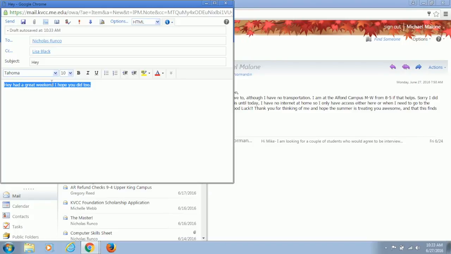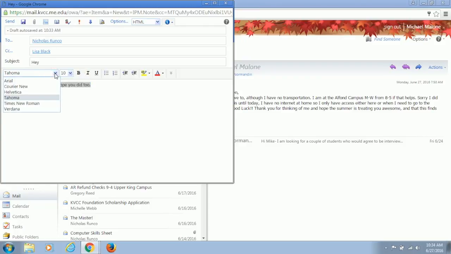There are going to be some formatting skills that we'll talk about down the road, but I just wanted to give you a quick rundown as far as with an email. Within an email, you can do the same thing. I see Tahoma there and a B and an I. These are the styles.